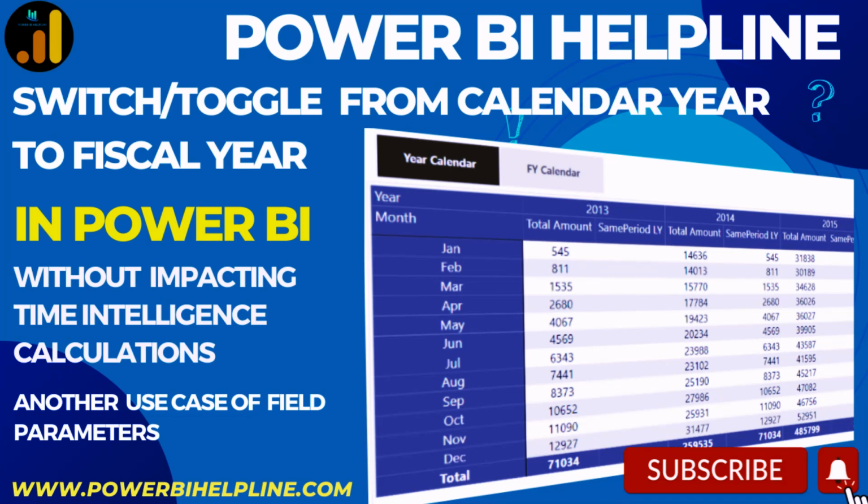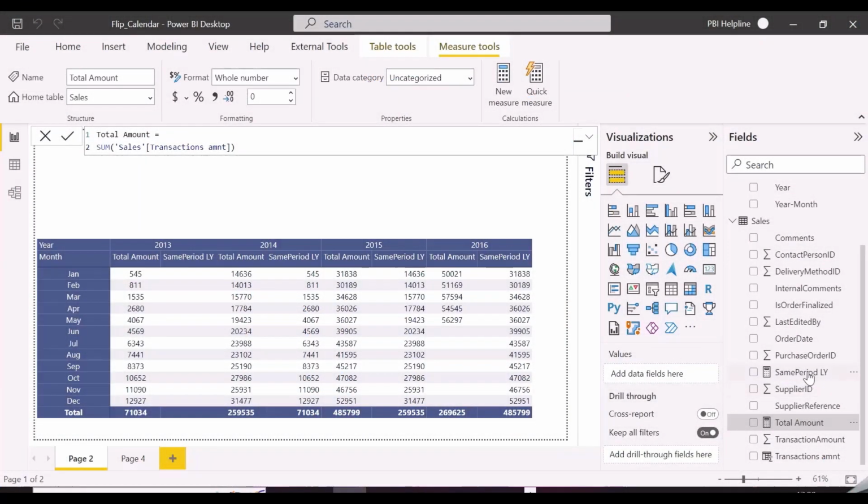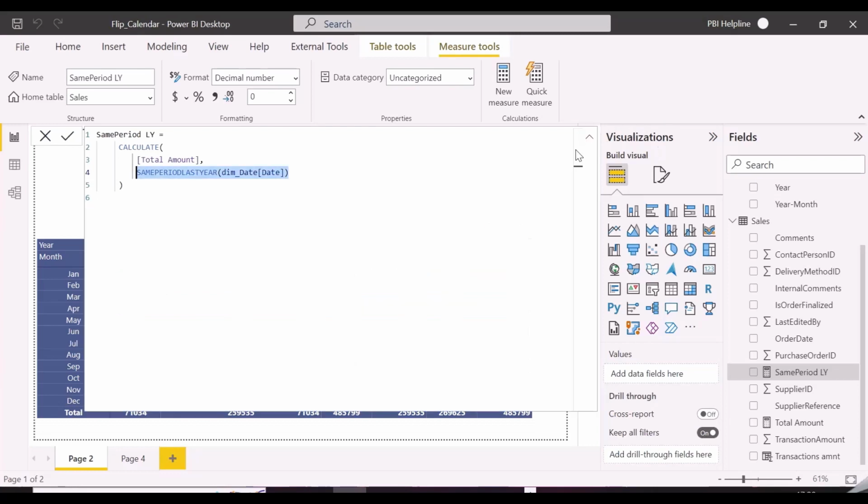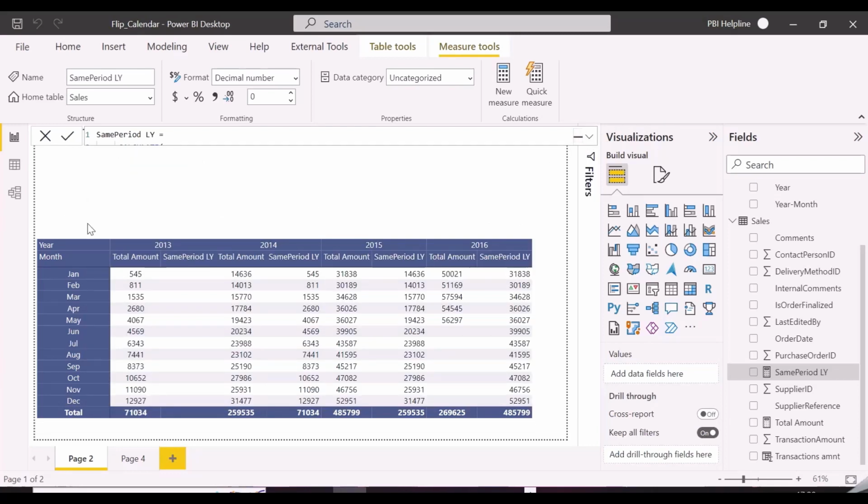With that, let's check it out. This is a matrix visual, and we have here two measures for total amount and same period last year. We want to create here a toggle button to switch between year calendar and fiscal calendar without impacting the time